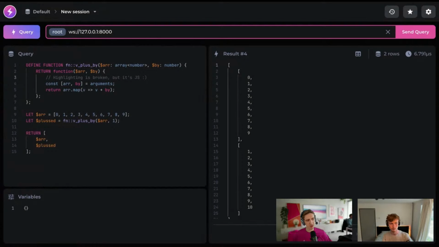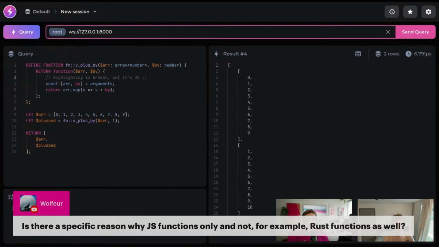Wolf has asked, is there a specific reason why JavaScript functions only and not, for example, Rust functions as well? So if you could clarify what you mean exactly by that, Wolf. In SurrealDB or in SurrealQL, you can merge JavaScript functions and Rust functions simply together.